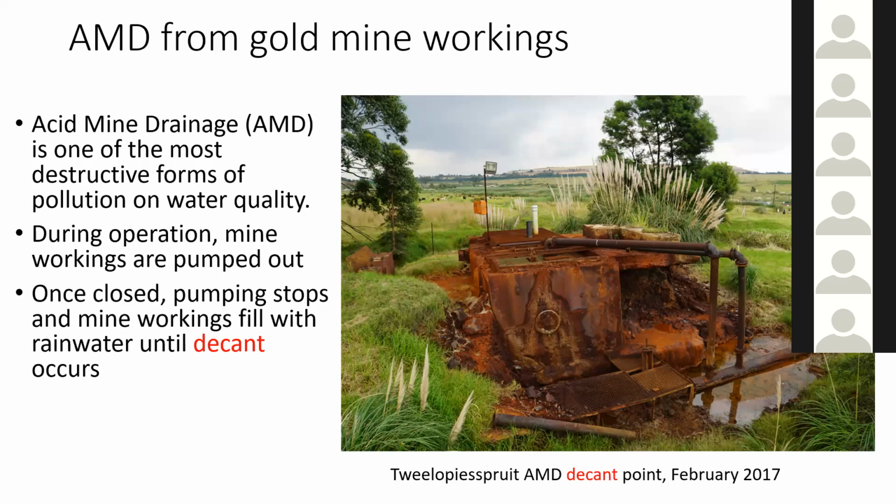During mining operations, water is pumped out, obviously for mining operations to occur, and once those mines close, those mine voids fill up with water, and we have the process of acid mine drainage, where the pyrite mixes with water and oxygen, and it forms ferric hydroxide and sulfuric acid. And this AMD pollution eventually decants, just meaning it pours out onto the surface, and it's very destructive to